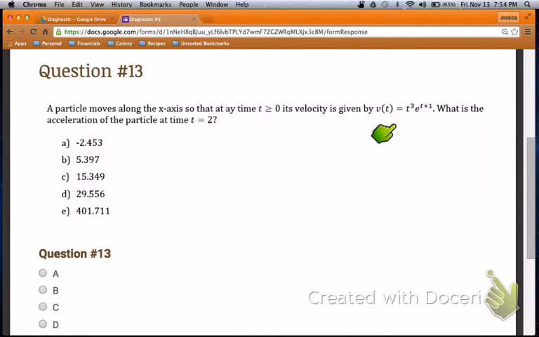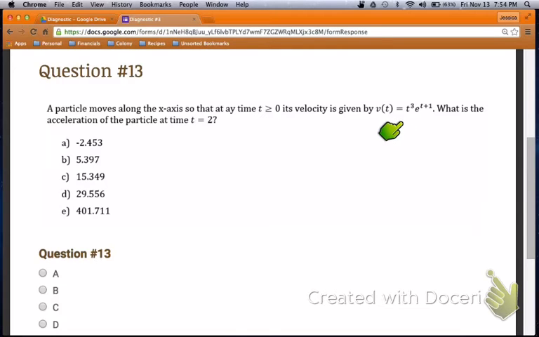But there is so much of an easier way, and I definitely want you guys to use your calculators in order to do this. The bad thing is that you have to use a graphing calculator. Desmos does not have this feature. So if you're working on Desmos, you'd actually probably have to do this the long way. But because I want you guys getting trained with the graphing calculator, I'm going to teach you how to do it with it so that when you take the benchmark on Thursday, you know how to do it. So, v of t equals t cubed e to the t plus 1. Plug that into your calculator